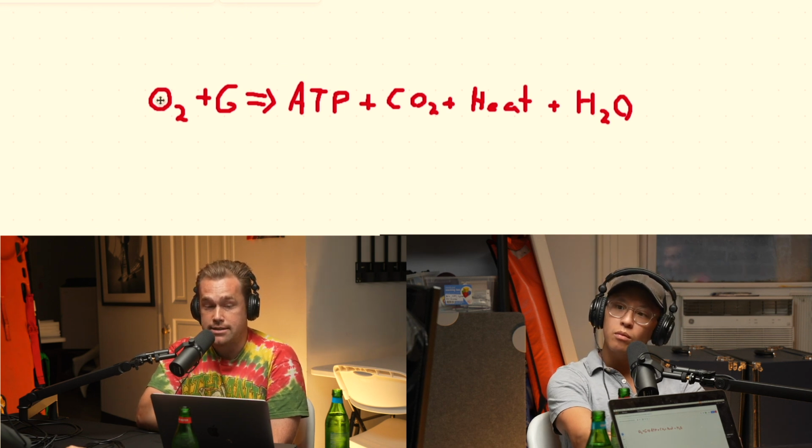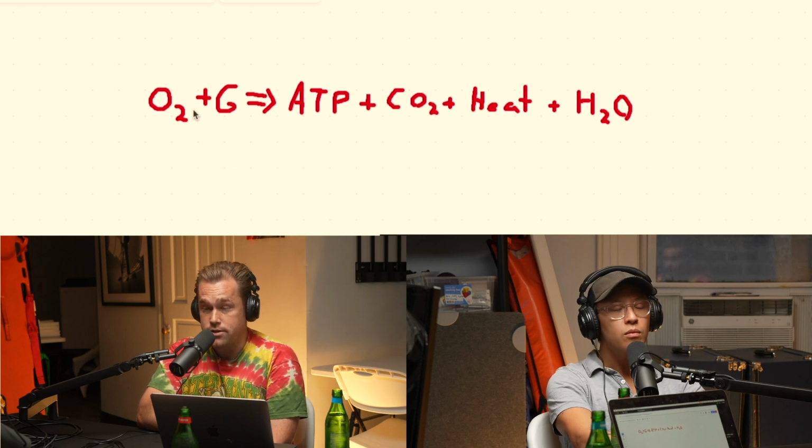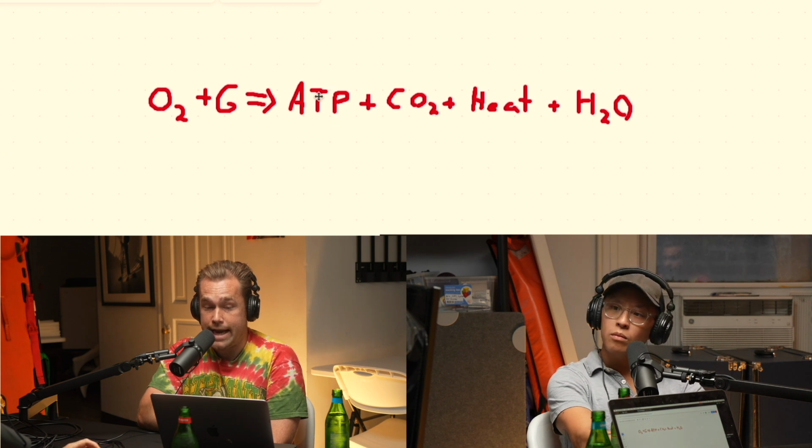So it's oxygen plus glucose. You could also have ketones in there. These two things come together, they enter the cell, and with the help of the mitochondria, they produce ATP, CO2, heat, and water. The main product here is ATP. This is the energy molecule. This is what you need. This is the gas that your body runs on. And CO2, this is the CO2 we exhale. So this is the O2 we inhale, and this is the CO2 we exhale.